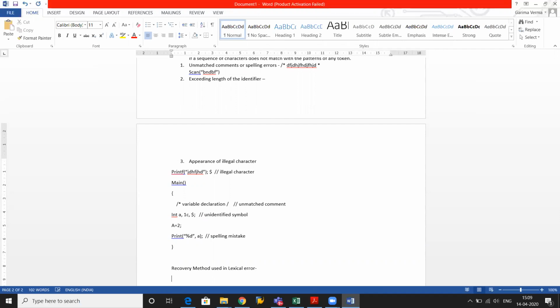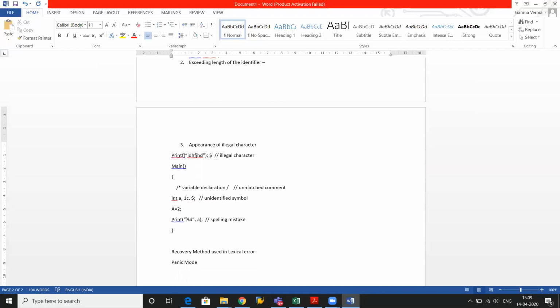So the recovery method used in lexical error is called the panic mode recovery method. What is the panic mode recovery method? Although there are 4 methods which we use for error recovery in the compiler, in the case of lexical error, the lexical analyzer uses only one recovery method, that is called panic mode recovery. Now, in case of panic mode recovery, what the lexical analyzer does,